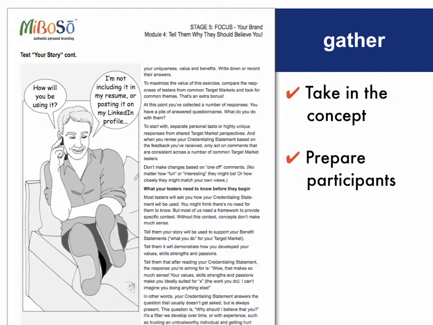Here's a different type of gather question. It's a little bit more complex because it's got a longer explanation of the concept. In this case, it's because it is a more complex concept that it requires a little bit more extensive explanation. So all you need to do is really read through, understand the concept, and what we've done in this case, we do this occasionally when we've got a more complicated type of gather question, is we've given you a briefing to use to prepare the participants to participate effectively in the feedback gathering exercise.